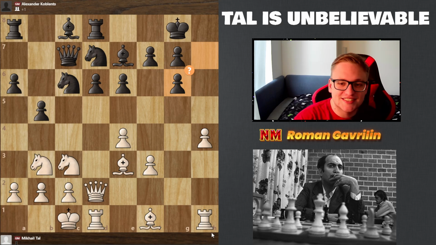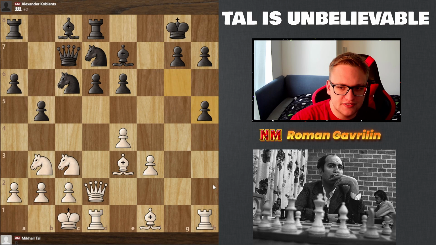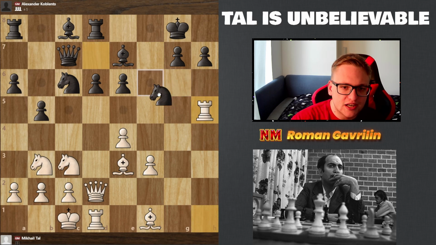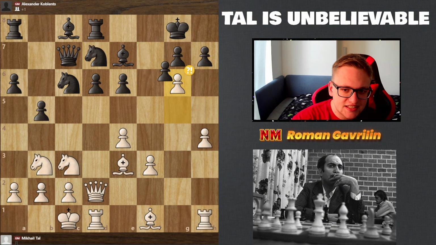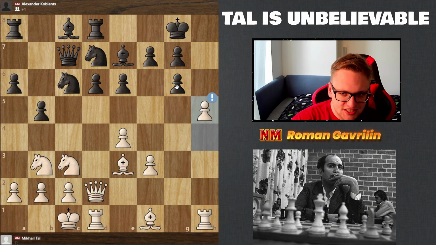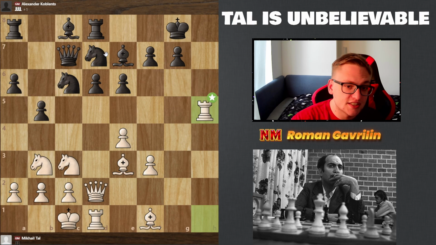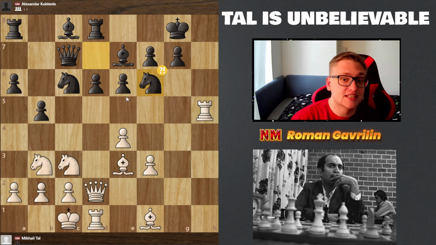But h takes g6 is clearly a mistake. So white f takes g6 is slightly better. h5 takes, rook h5, and now knight goes to f6. While in the line after h takes g6, h5, and now if takes knight f6, which happened in the game,